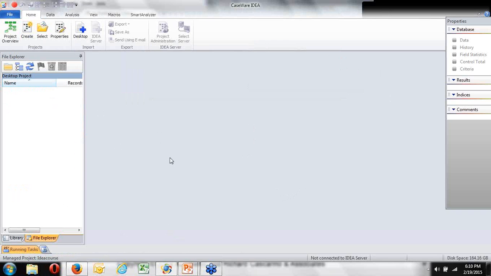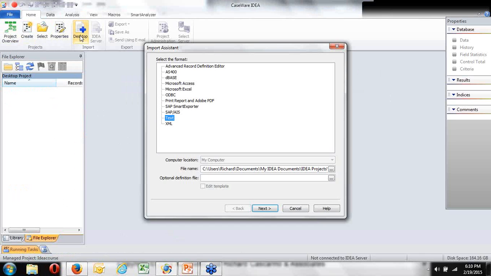So the first thing I need to do, obviously, is bring in some files, and the way I'm going to do that is through my Desktop Plus. So I'm going to create this from square one. And what I want to do is import the same file that we used on Tuesday for those who were with us then, and we're going to bring in our sales text file.